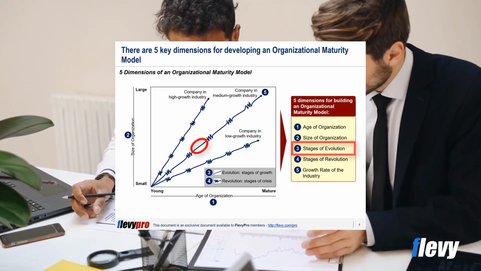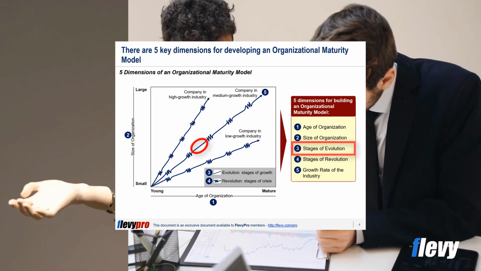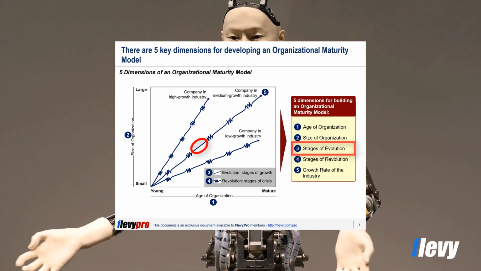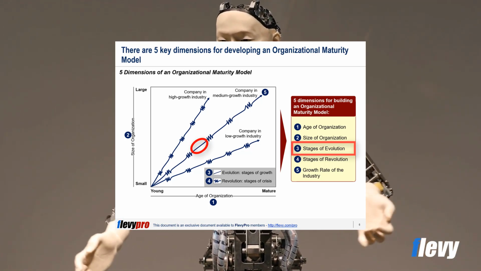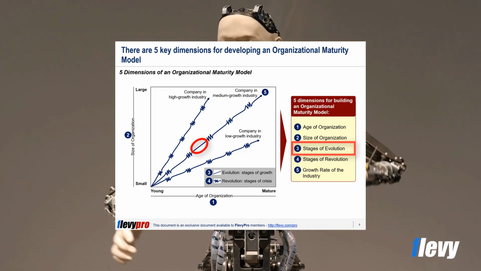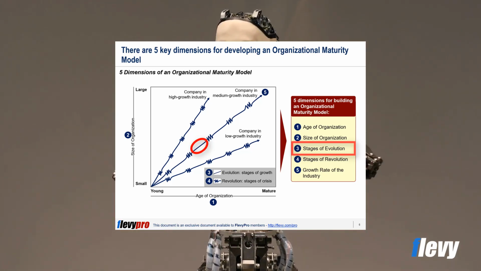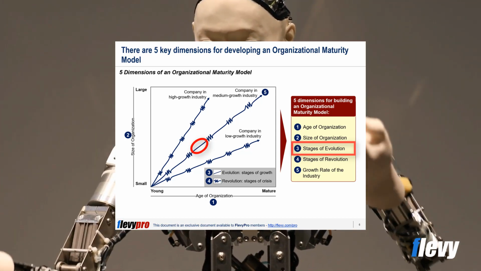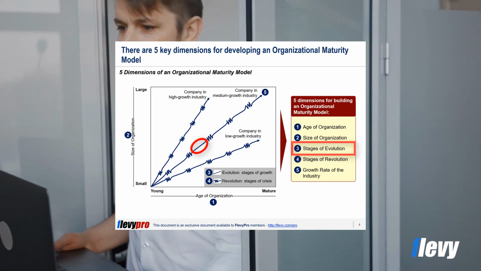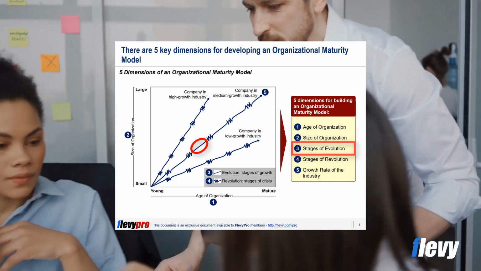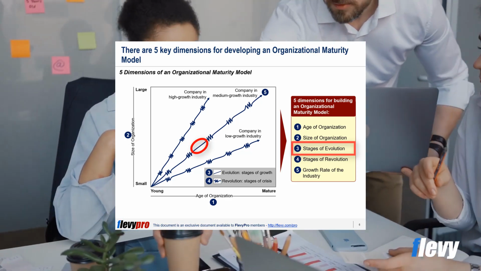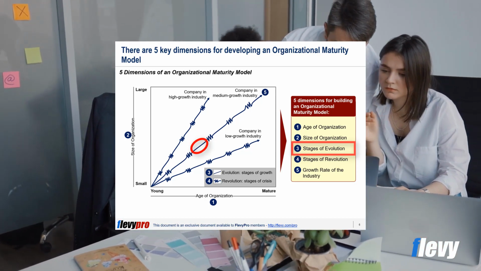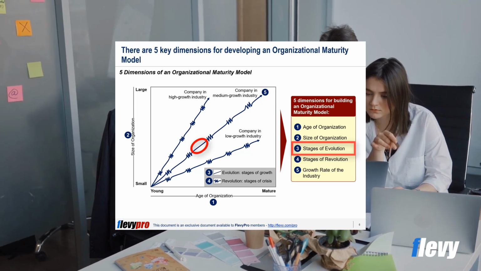The third dimension is stages of evolution. Evolution is a prolonged period of growth where no major upheaval occurs in organization practices. Each evolutionary period is characterized by the dominant management style used to achieve growth. Most growing organizations do not expand for 2 years and then contract for 1. Instead, those that survive a crisis usually enjoy 4 to 8 years of continuous growth without a major economic setback or severe internal disruption. As a company progresses through its stages of growth, each evolutionary period creates its own revolution.